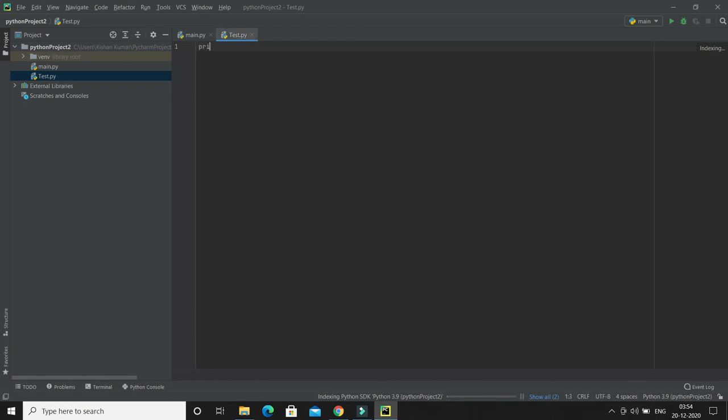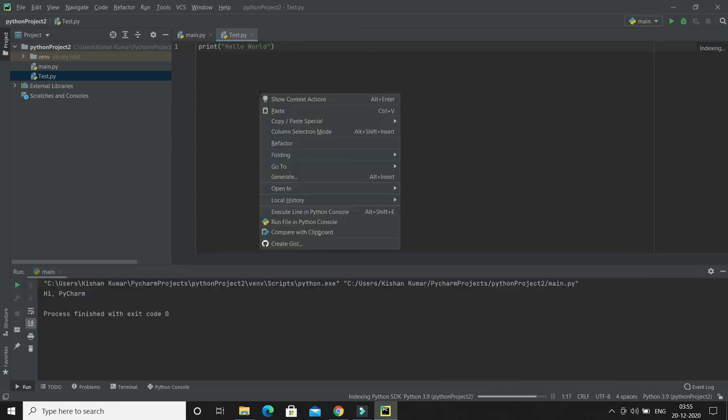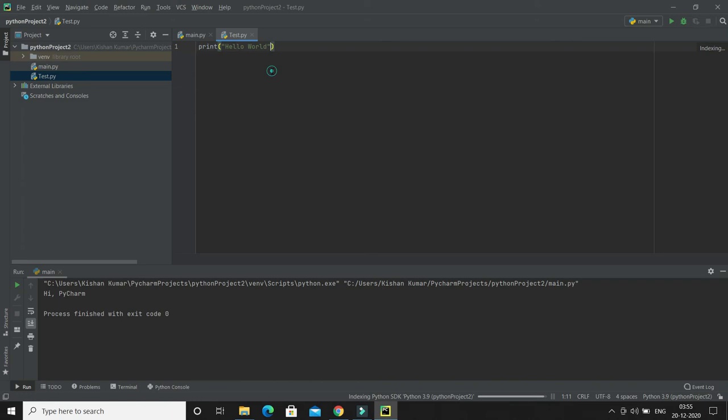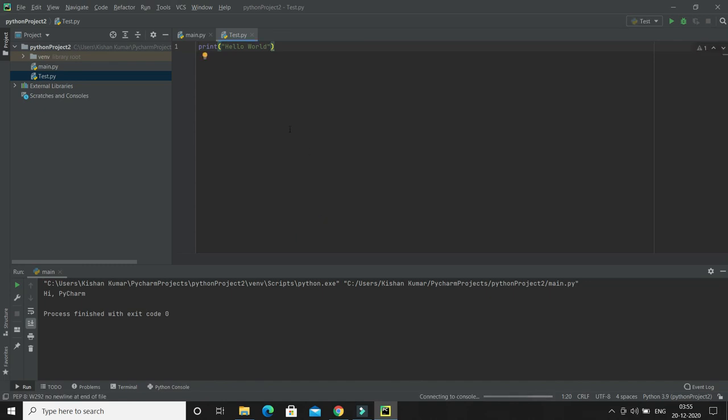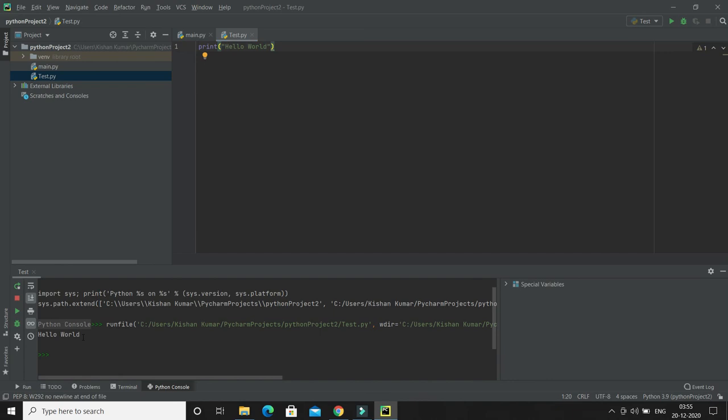Here I'm just going to print a message, hello world, and that's it. Now you can right click over here and select run file in Python console, and here you can see hello world is showing as output.